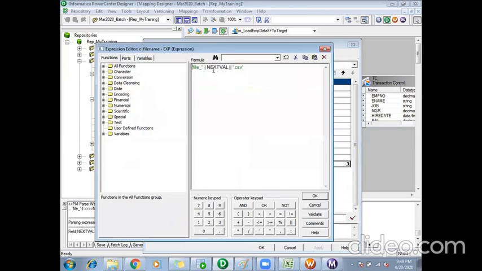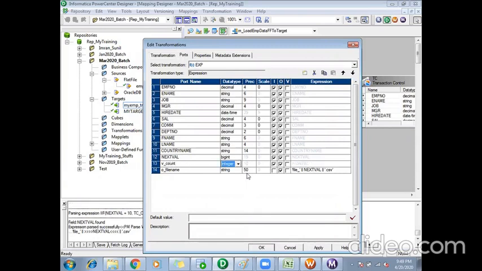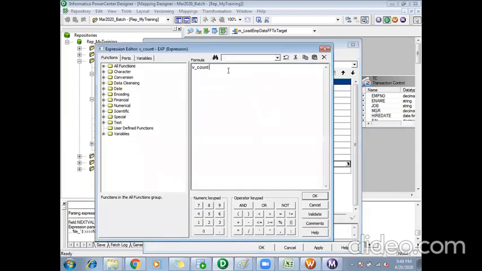So I'll create one more port. Say v count. I'll say integer. I'll make it output port, or variable port, v count + 1.